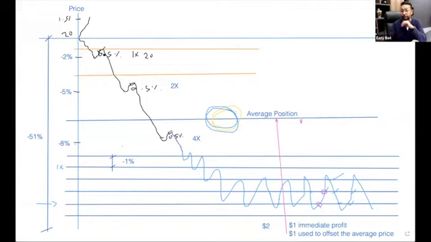Okay, so while the market is here, each trade is going to contribute in bringing this average price down. I'm not going to show exactly the equation, but it's a mathematical equation at the back end that offsets the average price as the market drops. Using part of the profit to offset the price, we decided to make it 50%. So another trade happens, it moves it down further. Another trade happens, moves it down further. Another profit happens, it moves it down further. And then it keeps on moving down. If the market stays here, it keeps on moving down, down, down, until the moment it touches one of the independent covers. Now this is a cover.